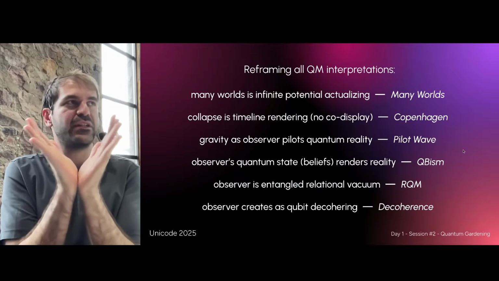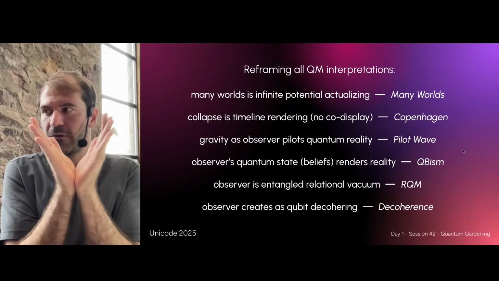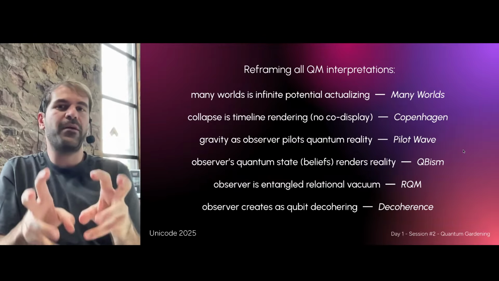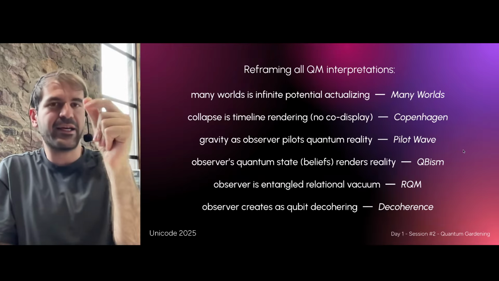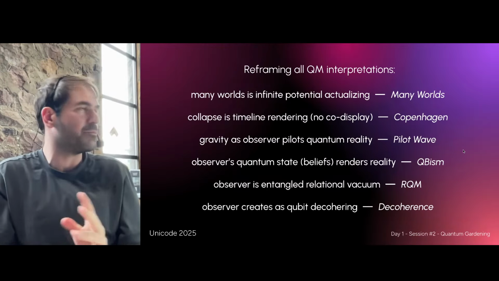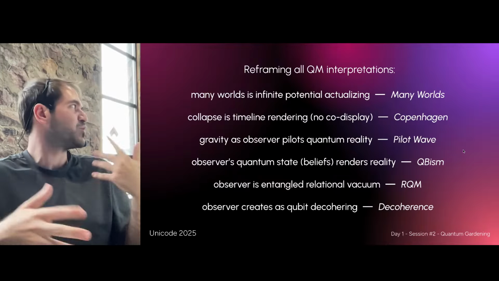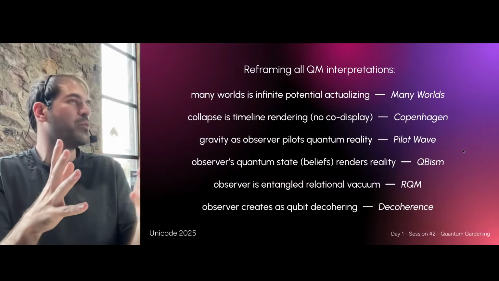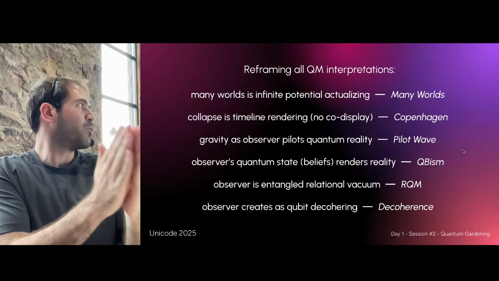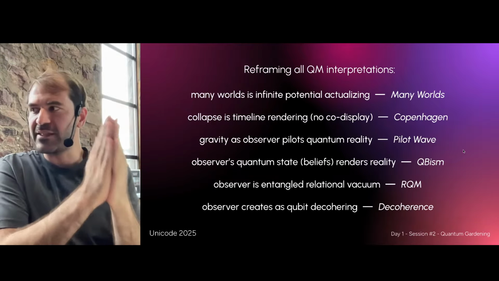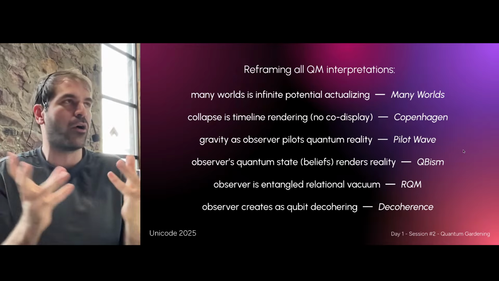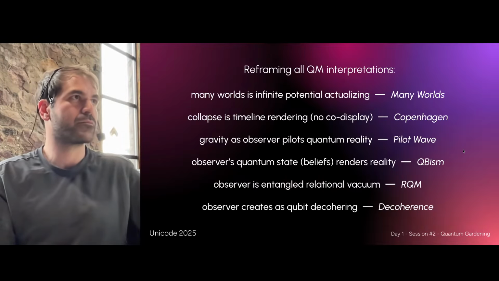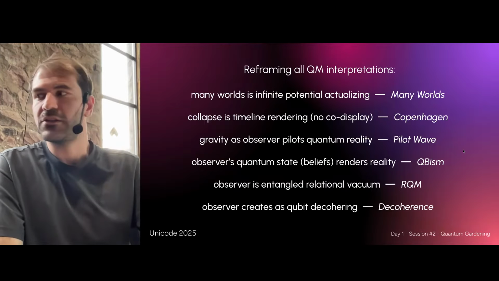We're going to fit all of this into our conscious manifold, okay? But first, before we fit it all into the Unicode, we're going to reframe it all in ways that should click and make sense, where there's no longer any confusion between the interpretations, and there's no longer some sort of religious argument happening between different interpretations, because all they're doing is taking a partial aspect of quantum mechanics and saying that that's the whole picture. But it's not. It's a partial aspect. What you have to do is integrate all of the partial aspects into a single unicoded whole. Okay. So let's start with